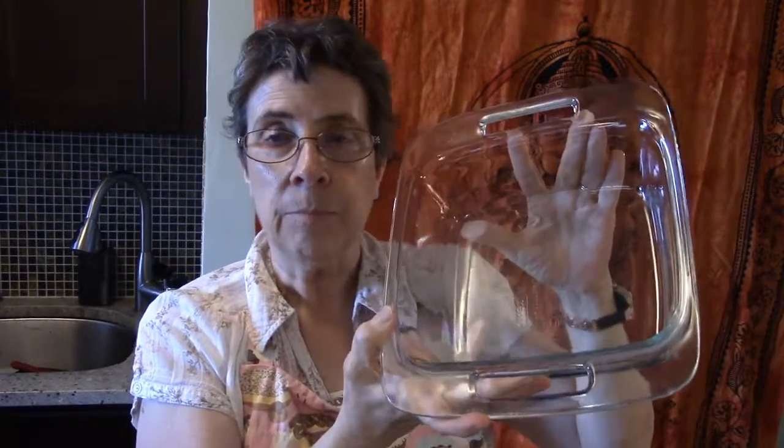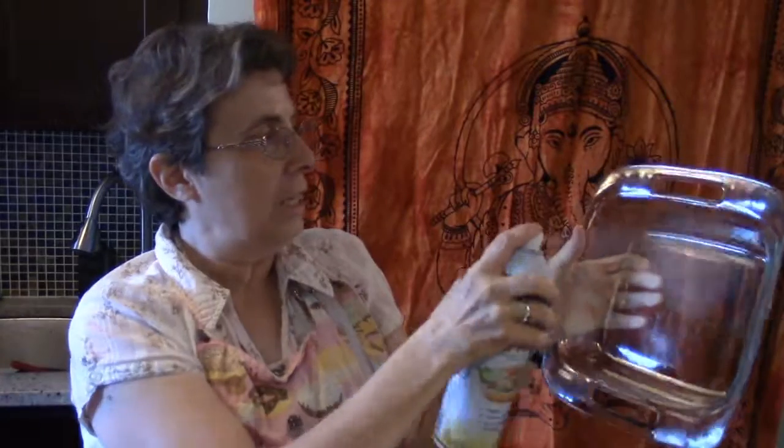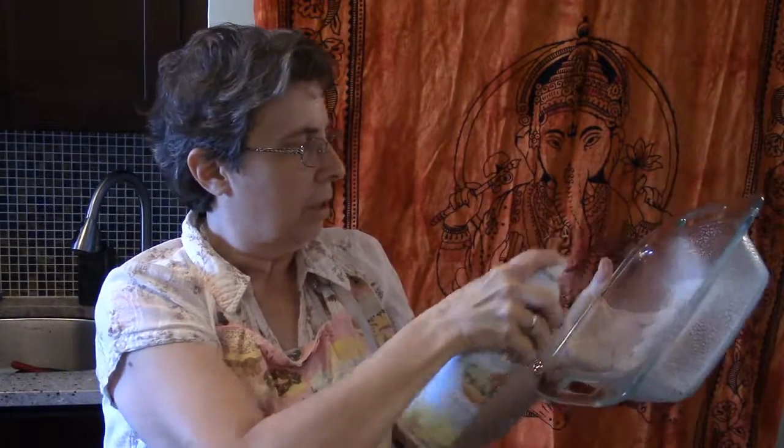Now don't get nervous when you hear black beans. This is really good and it's healthy and good for you. Let me show you just how easy this is to make. We're going to start by taking our pan and spraying it down. So now our pan is all ready